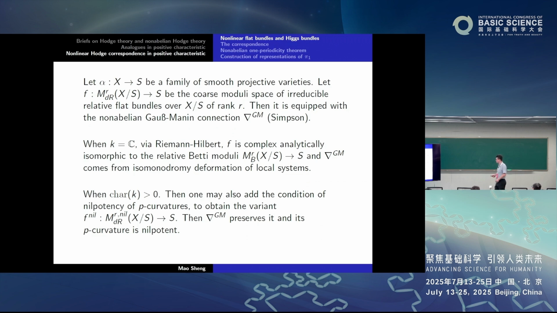Now we consider the relative de Rham functor, and it's represented by this smooth morphism over S. And more than that, it's not just a smooth morphism; it's also equipped with a canonical flat connection, the so-called Gauss-Manin connection. And when k equals C, in the field of complex numbers, you have this